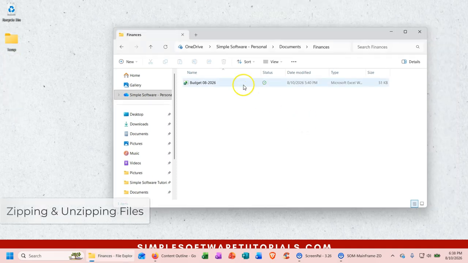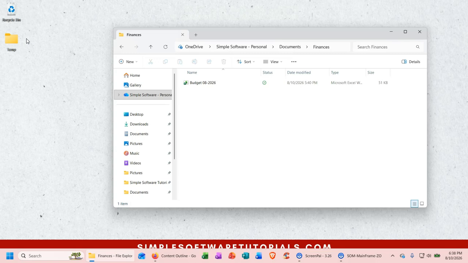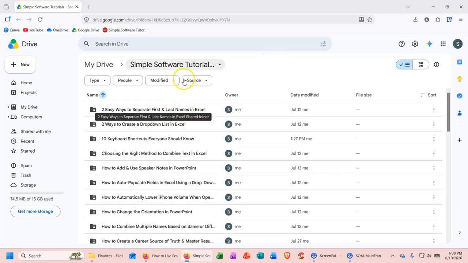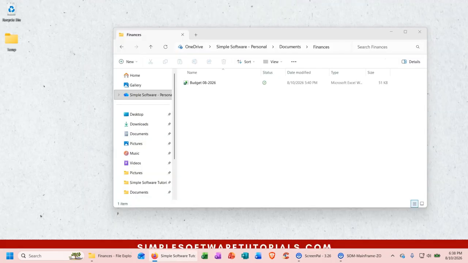Now, one thing I want to show you is zipping and unzipping files. It's maybe not so common anymore since we have so many options for online storage of content. For my software tutorials site, I have a whole Google Drive that I share. I have a link right from my website where I share all of my content here with you. And so I don't really need to use zip functionality anymore. But what zipping is, it's a way of compressing files so they're smaller and they're easier to send, typically by